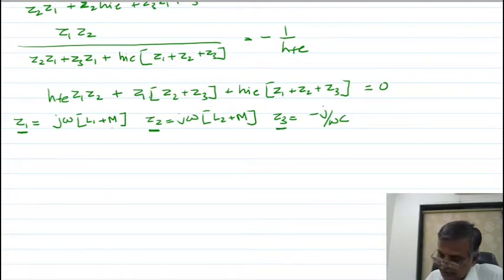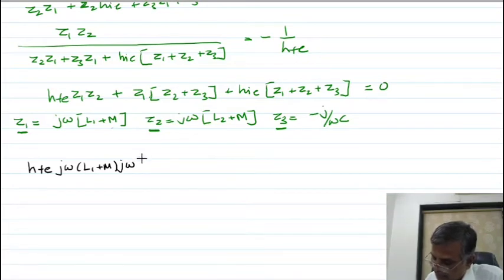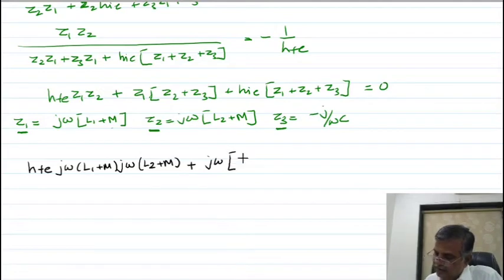So by putting these values, I can write hfe. What is Z1? I can write jω(L1 + M) into Z2. What is Z2? jω(L2 + M) plus, what is Z1? Z1 is jω into the bracket Z2. What is Z2? I can write it is your